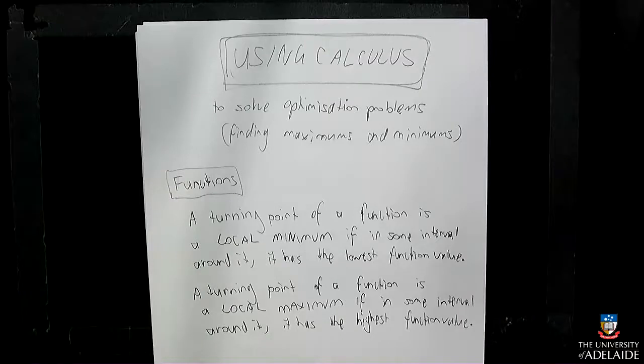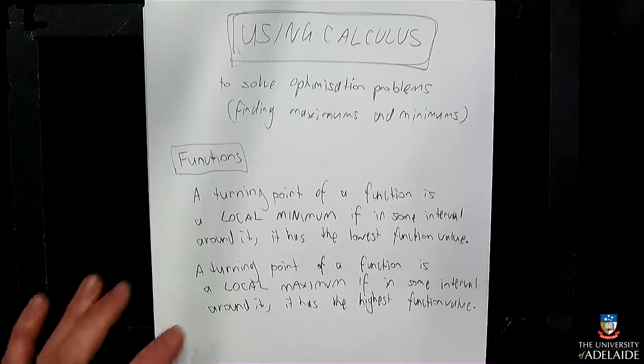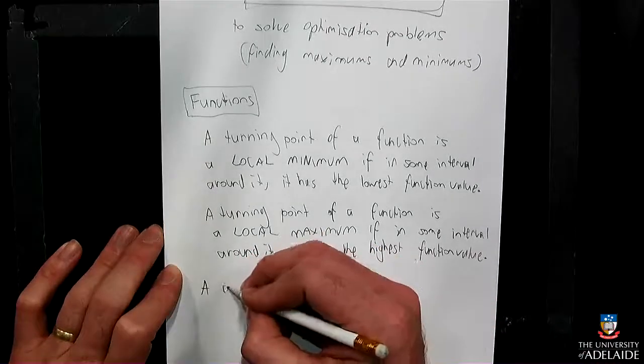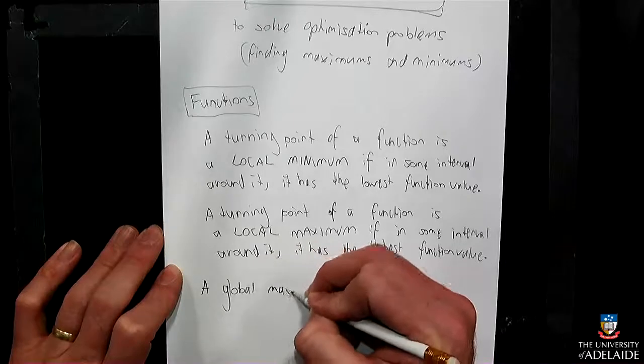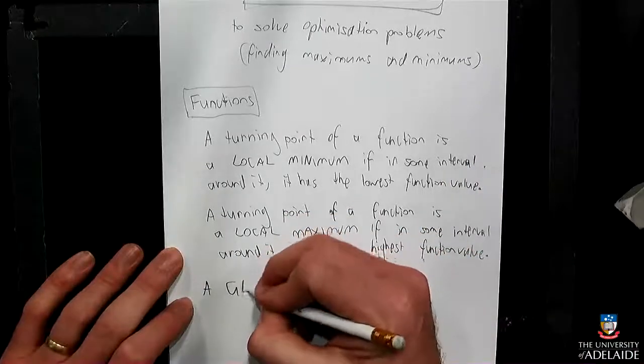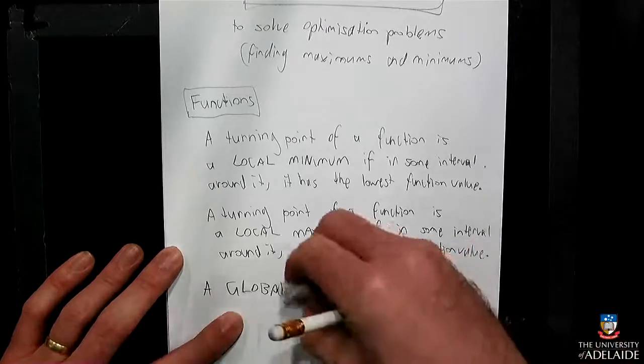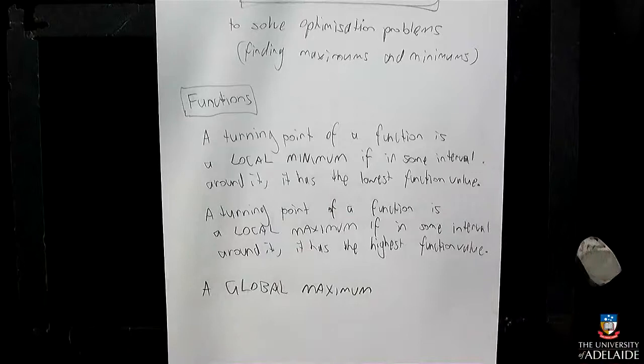And, okay, we'll deal with that in a second. And then a global maximum and a global minimum is the function value that is the highest. Global meaning, the literal meaning of global is around the globe, as in talking about the whole Earth. But in this sense, it's just across all of the options. So a global maximum